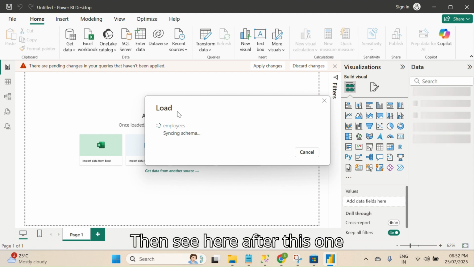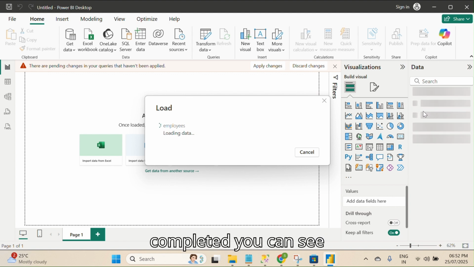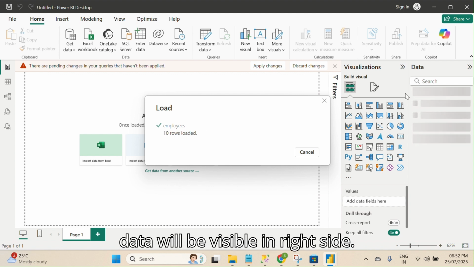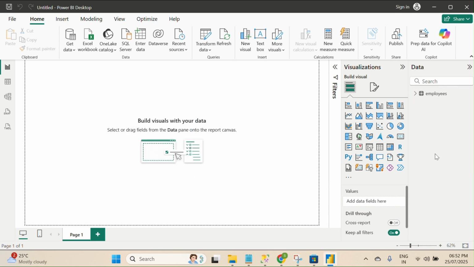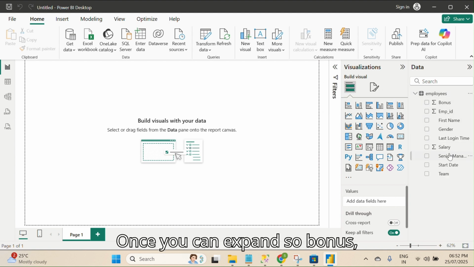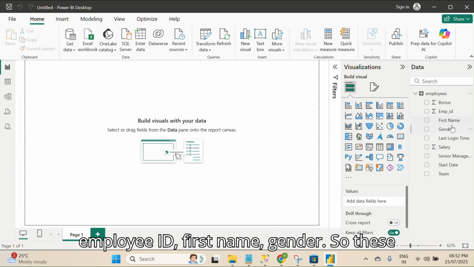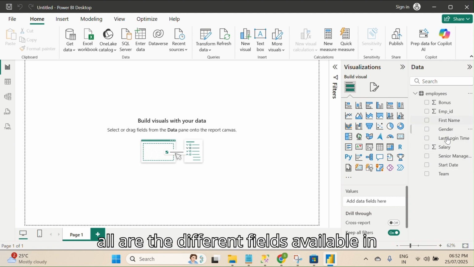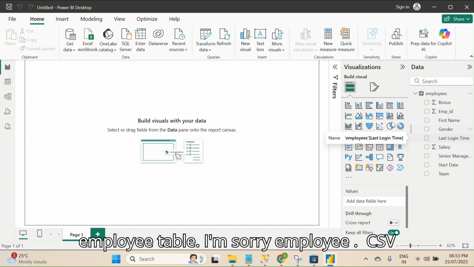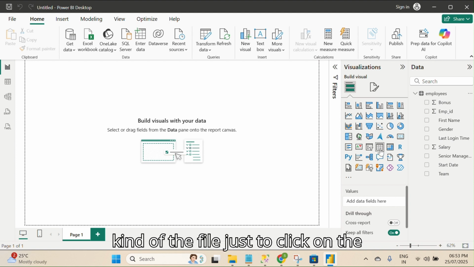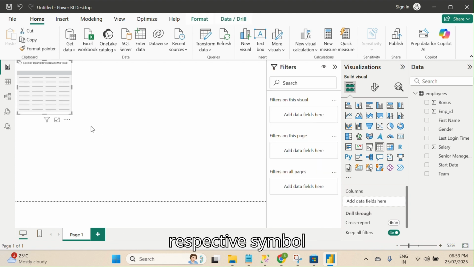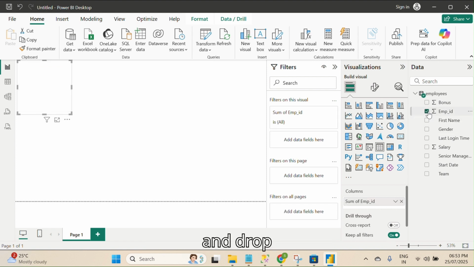After this completes, you can see the table data visible on the right side. Once you expand it, you can see bonus, employee id, first name, gender. These are all the different fields available in the employee.csv file. If you want to create any kind of visual, just click on the respective symbol and select or drag and drop